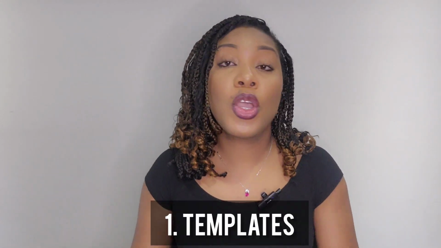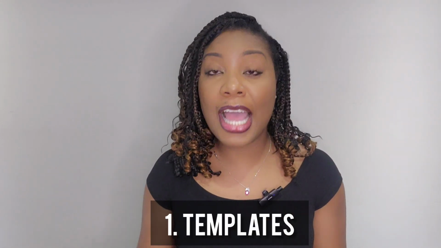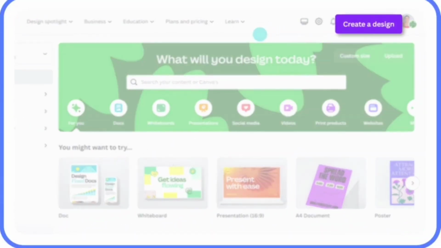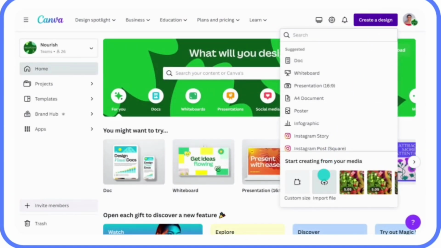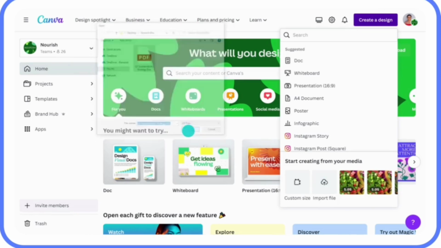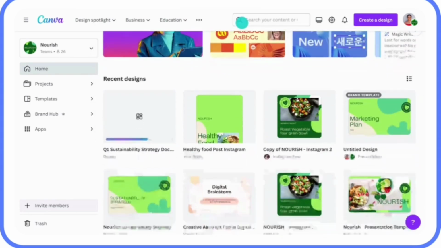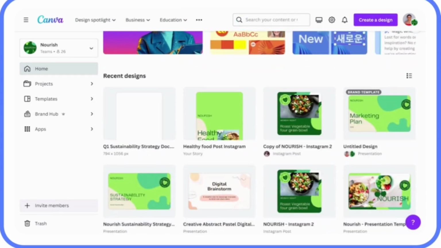Now, the first product that you can start creating with AI to use for sale as a passive income is templates. You can go into ChatGPT and you can ask ChatGPT for different template ideas for your niche. Once you get this template idea and this outline for your template, you can go over to Canva and personalize that template, plug in the idea that ChatGPT gave you, and you can download it as a PDF. Then you can upload it on your website to use for sale.